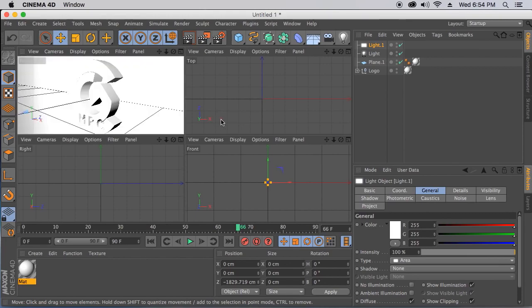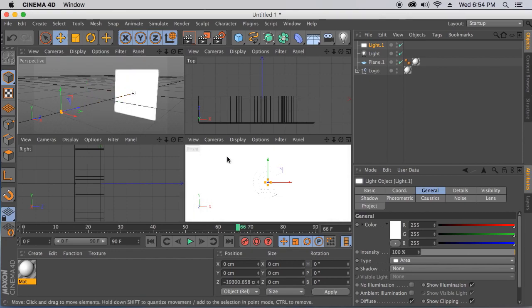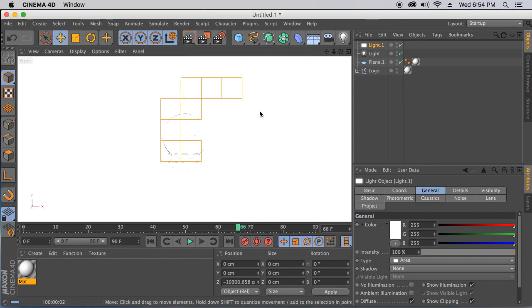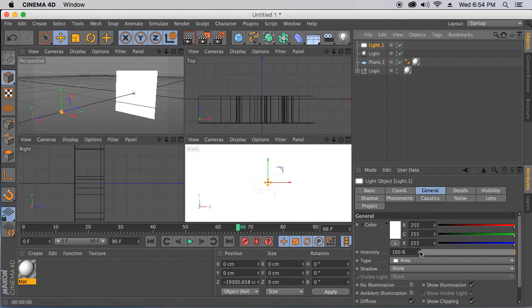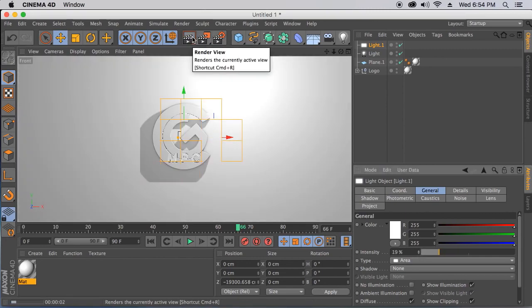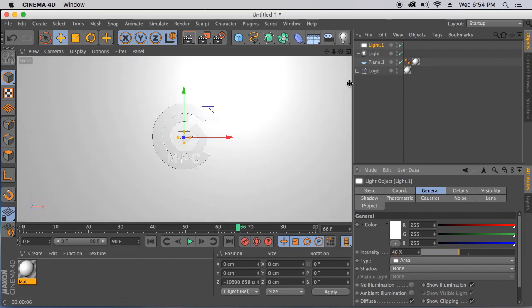This is going to be a light that's pretty far away from the design, but as you can see, it overall brightens up everything here. So we'll turn this down to about 30%, maybe even lower. Let's see. We just want to cast a general shadow over everything. So once we get that to a manageable level,